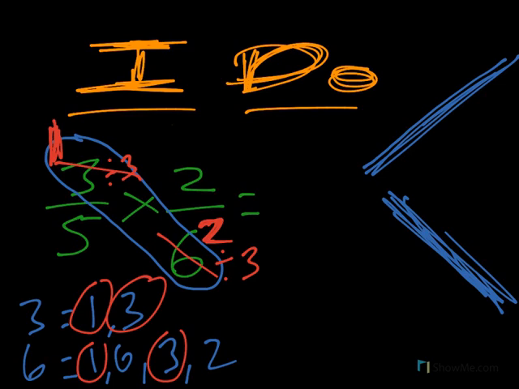Let's switch back to the blue marker here and take a look at the other pair of diagonal numbers, the 5 and the 2. We're going to see if we can simplify those or make those numbers smaller so that when we multiply across, we won't have to simplify after. So as you know, 5 can't go into 2. Nothing times 5 is going to get 2, and nothing times 2 is going to get you 5